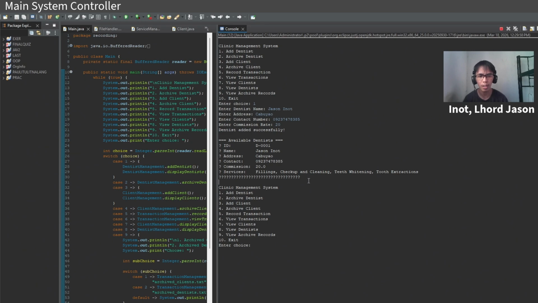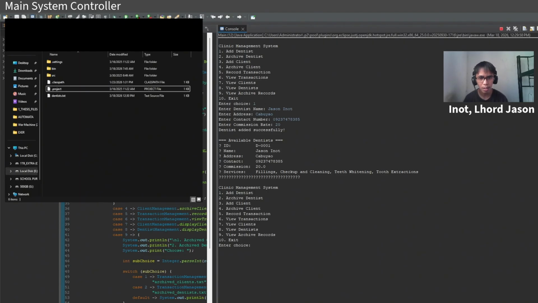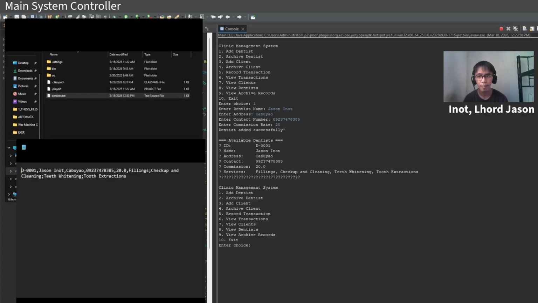So let's check the file. Our database is saved in the form of text which can be opened in a notepad. So let's click our files. This is the dentist file that we created earlier. Let's open it.